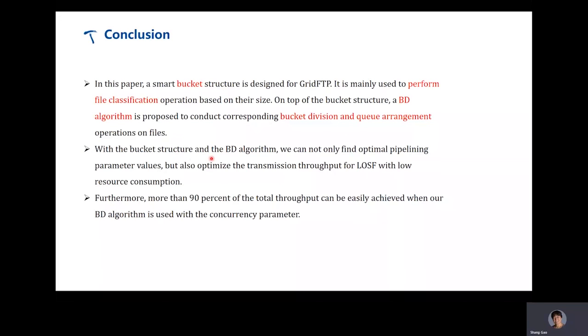With this structure and the BD algorithm, we can not only find optimal pipelining parameter values, but also optimize the transmission throughput for lots of small files with low resource consumption. Furthermore, more than 90% of the total throughput can be easily achieved when our BD algorithm is used with the concurrent